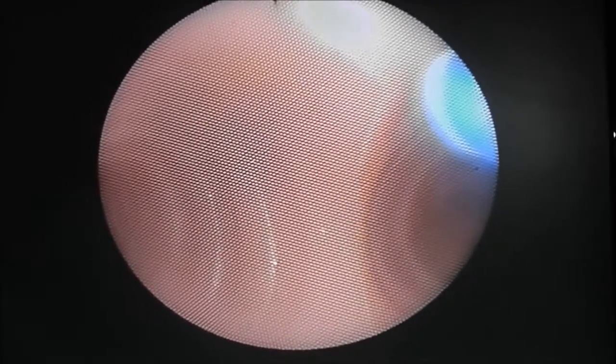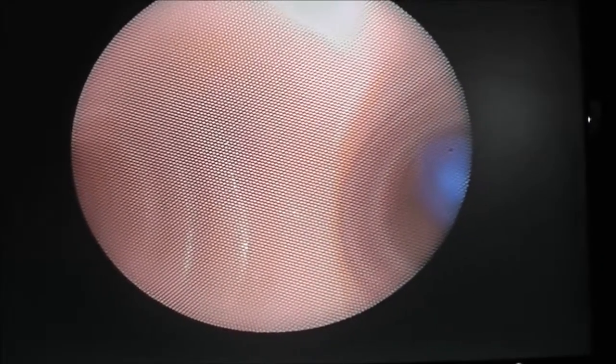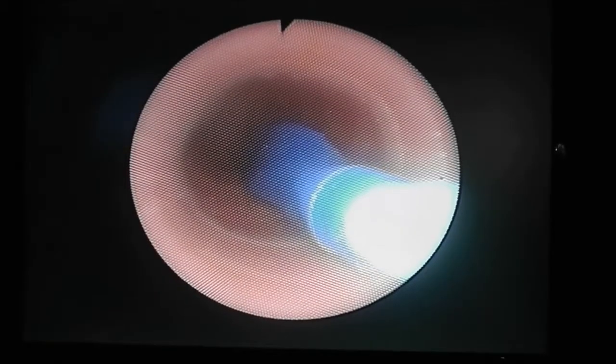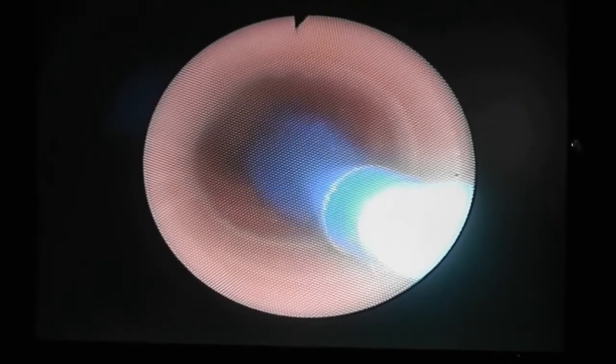To isolate the right lung, use a clockwise turning fashion on the bronchial blocker to direct it into the right main stem. If you want to isolate the left lung, use a counterclockwise twisting method to direct it into the left bronchus. Once you are in your correct bronchus, use the syringe and inflate the cuff,